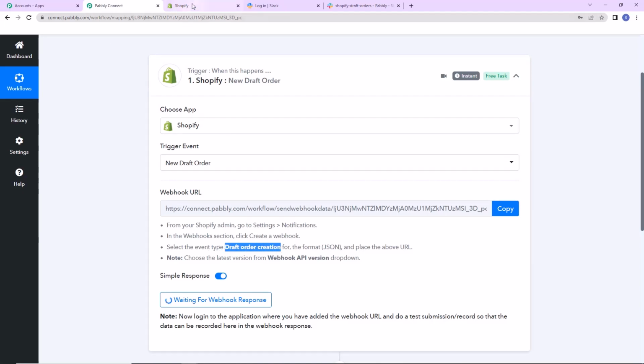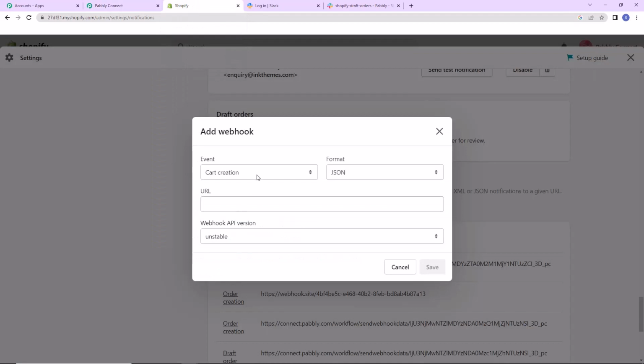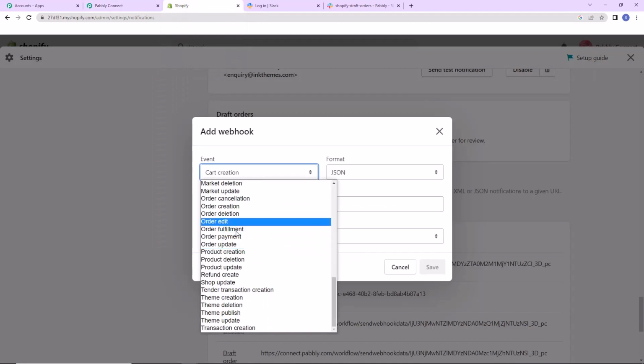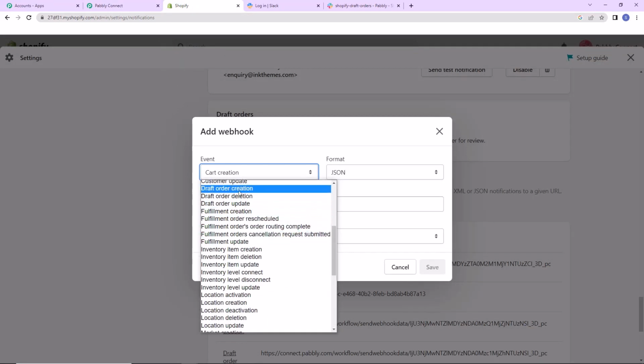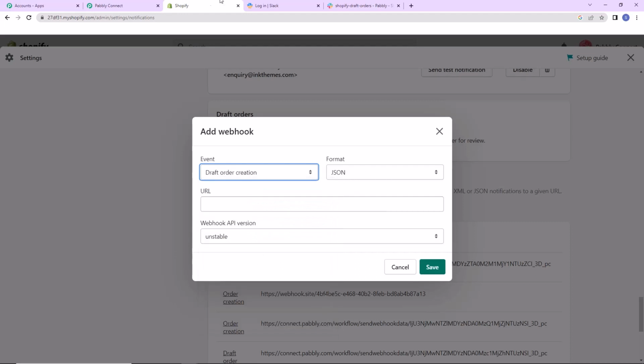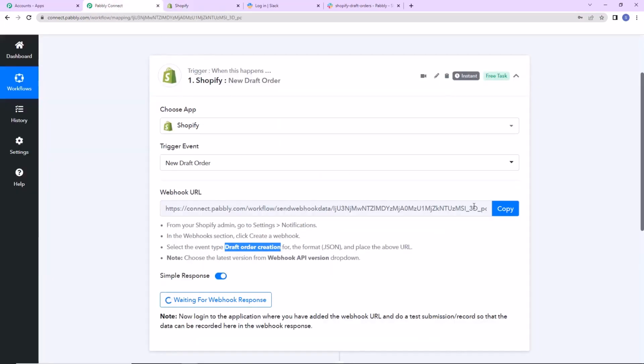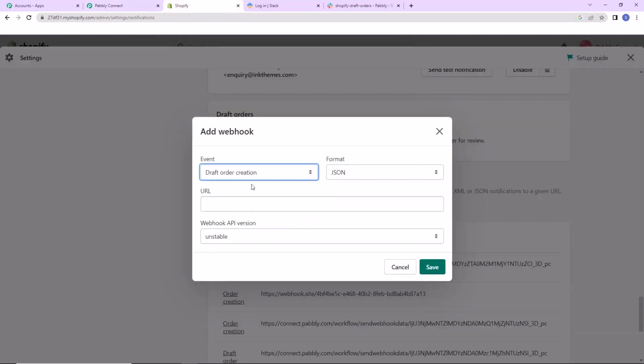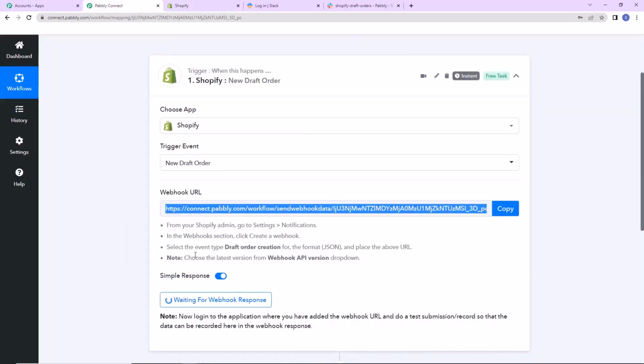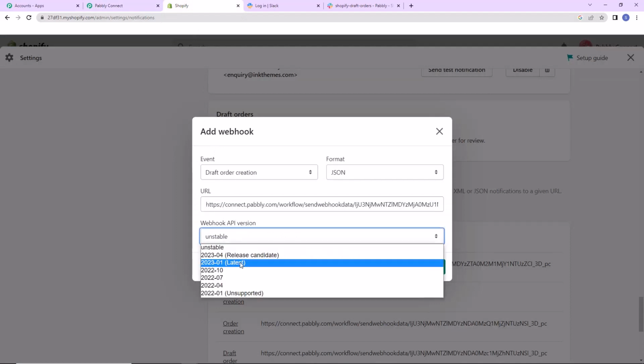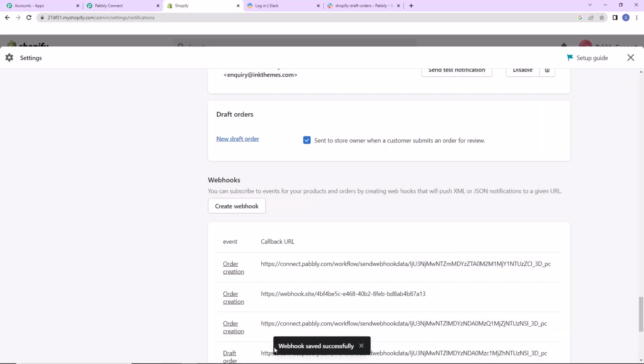So I'm going to take you back to Shopify, and here it would be draft order creation. So let's see, this is it, and the format is JSON. Now this URL that we have received, I'm going to copy this and paste this over here. Now it is saying that choose the latest version from webhook API version drop down. So let's select the latest version and save. Here we can see that our webhook has been saved